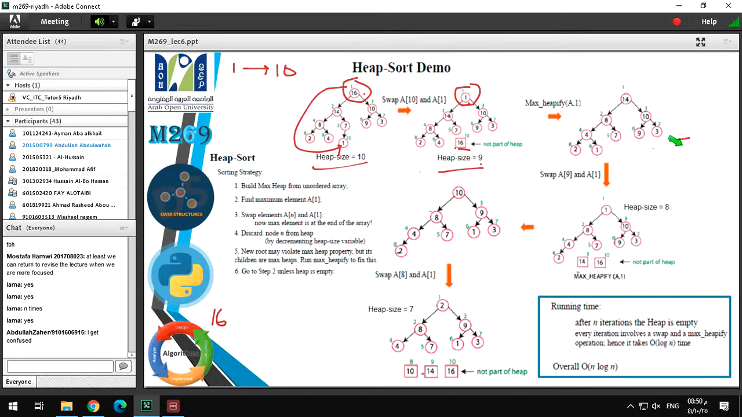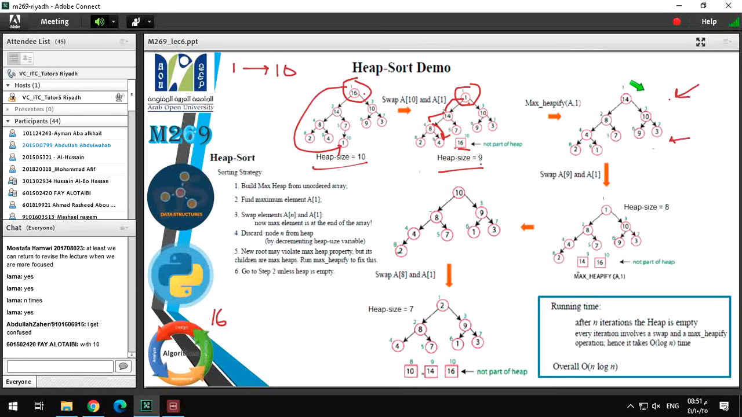Of course, 1 with 14, right? Then you have 14, 1 here. Then you have the 7 with 8, 1 with 8, and then 1 with 4. So this is the new tree after max-heapify A1. Now the new tree here is not violating the max heap rules, because 14 is the largest